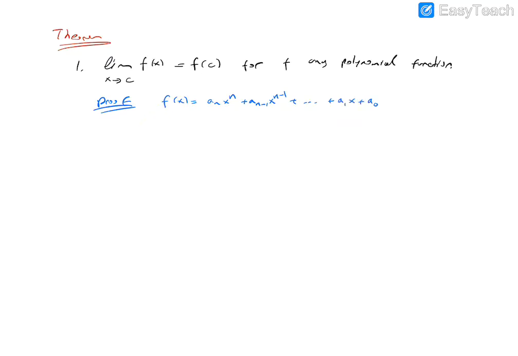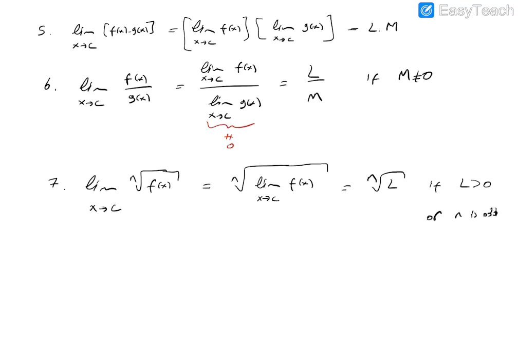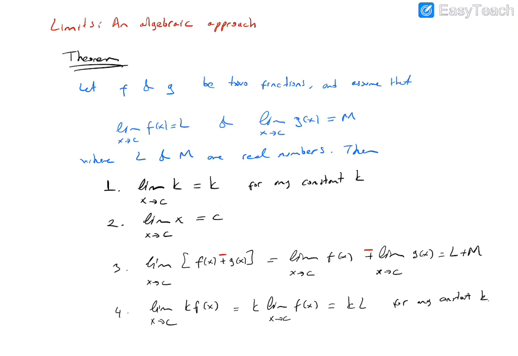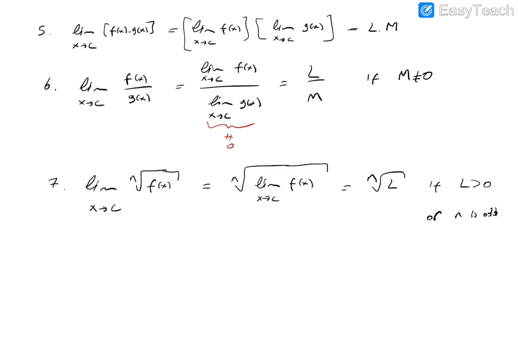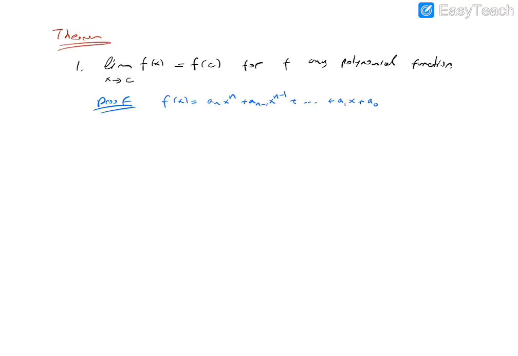a1x plus a0. So if you use all these properties, product rule, scalar product rule, summation rule, etc., and also this two limit idea, you can say that the limit of f of x when x approaches c equals an times the limit as x approaches c of x to the power n plus, of course, by using the several properties. Here we use a scalar product and the product of two functions, okay?